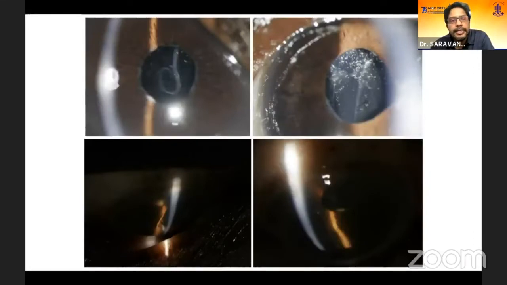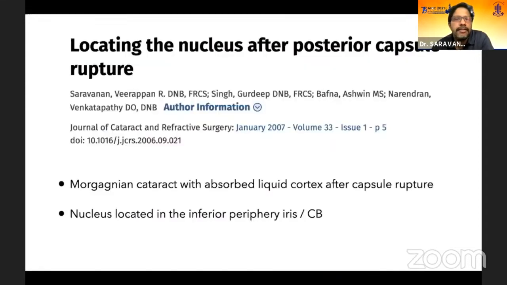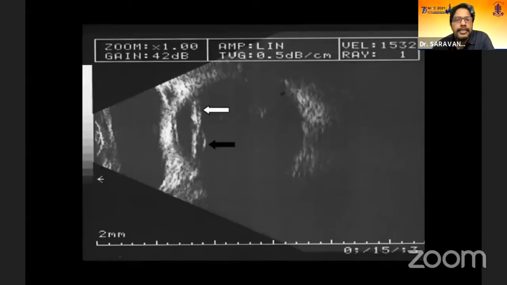Here we're just showing cases. Again, you can see a case of a scrolled up capsule with a retained lens just inferior to the pupil, which was sitting there and producing recurrent bouts of inflammation. And ultrasound was able to show the hidden lens remnant just behind the pupil. So you may have to do a proper examination to identify the exact cause. Once you know what is causing it, then it becomes relatively easy.